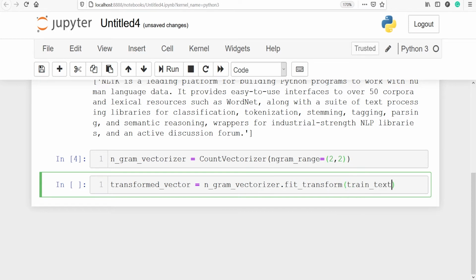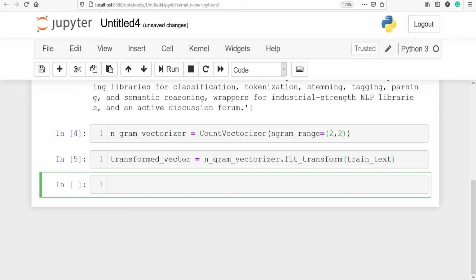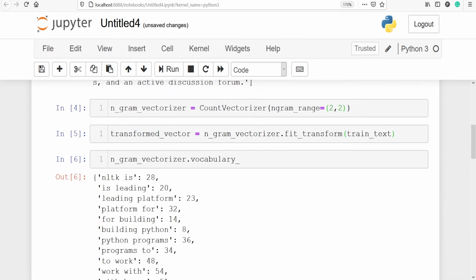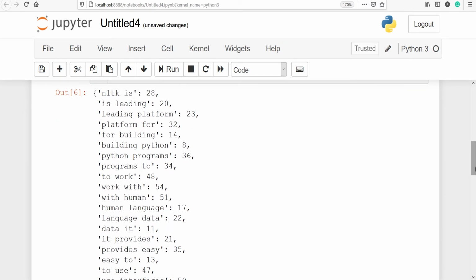Let's execute our code. Let's take a look at the vocabulary: ngram_vectorizer.vocabulary_. All the vocabulary is stored in this object, ngram_vectorizer. Let's execute our code. In the output you can see we got the vocabulary here.